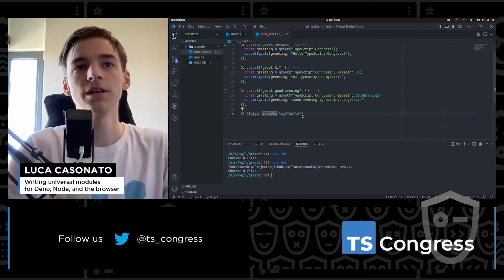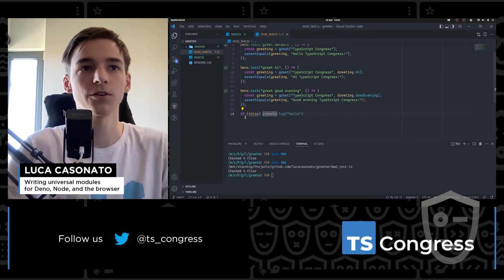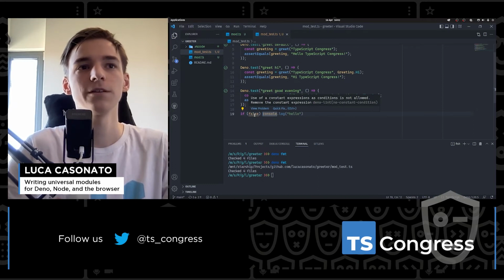This console log hello can never happen because if false can never happen, right? You're comparing to a constant expression here, false. And lint will catch this and it'll say use of a constant expression as a condition is not allowed, remove